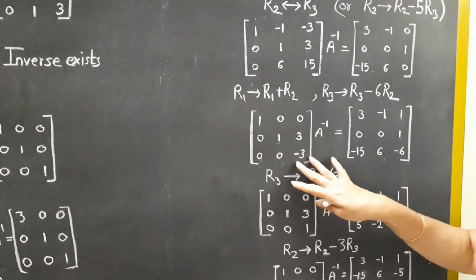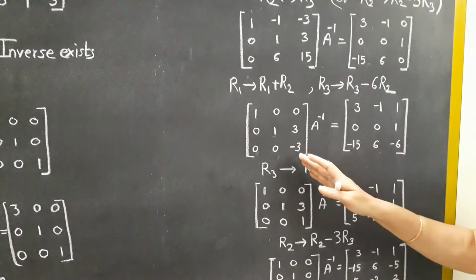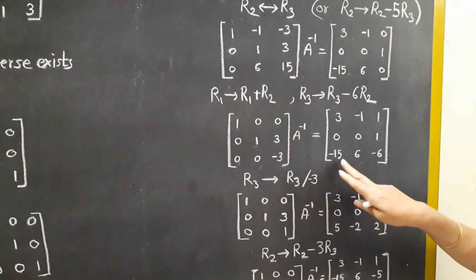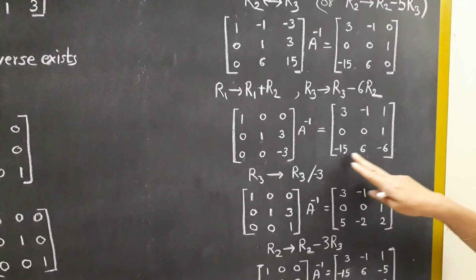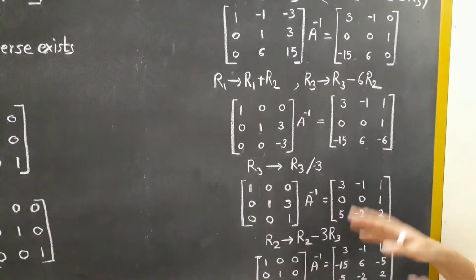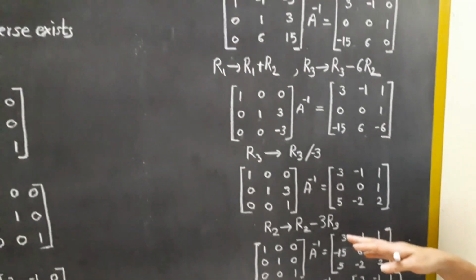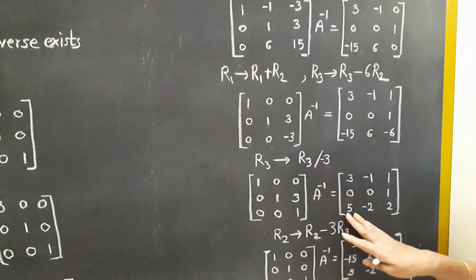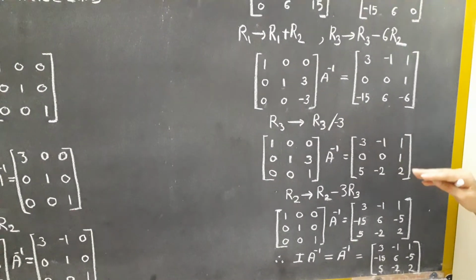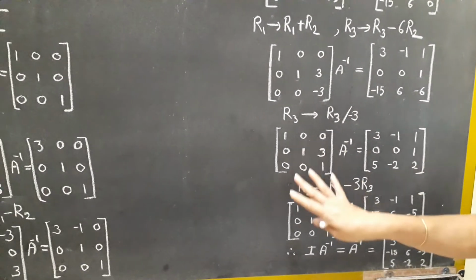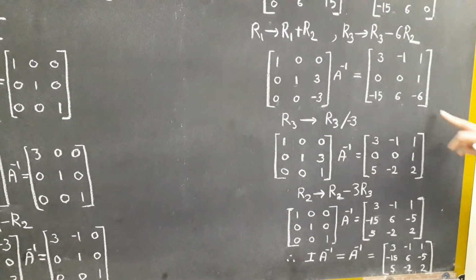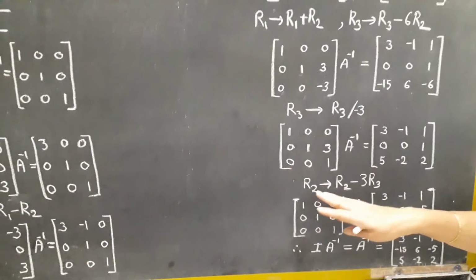So I may now come across fractions, but luckily you can see that all the 3 numbers are divisible by 3, and that is why we are not actually getting fractions, but this is the step where you may get fractions. Okay, so here this is divide by minus 3, we are getting these many numbers that you can see.